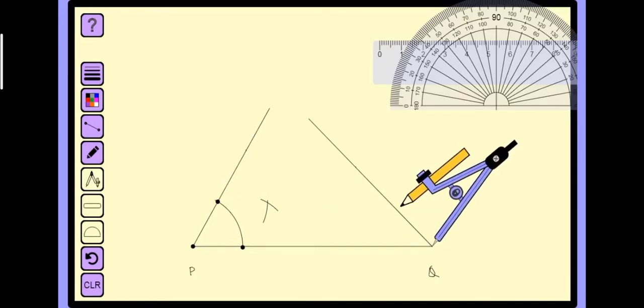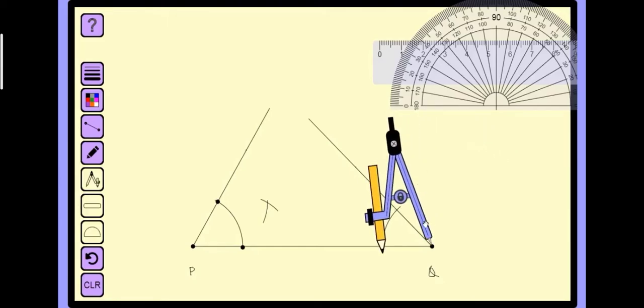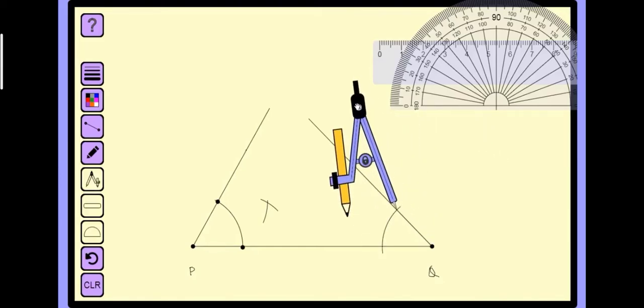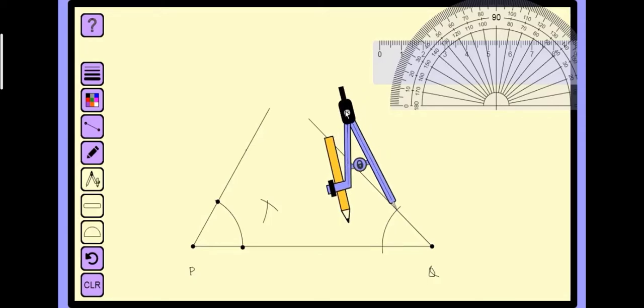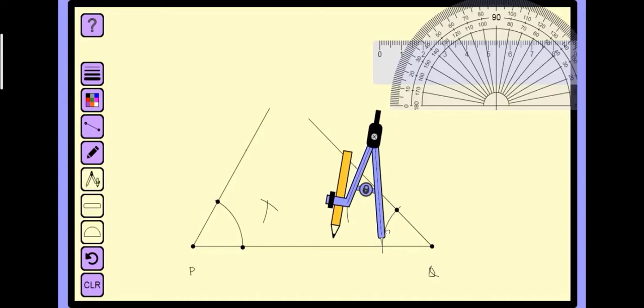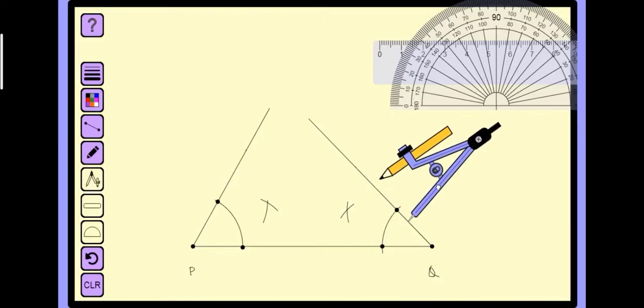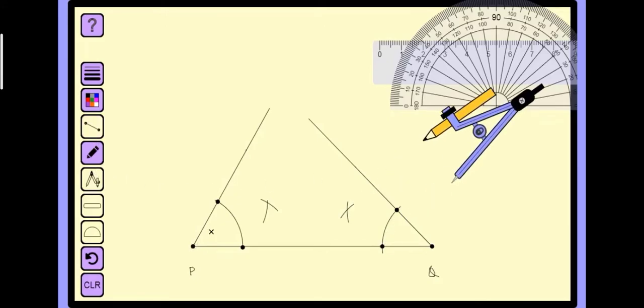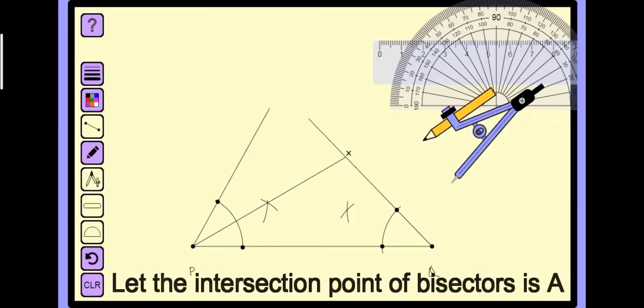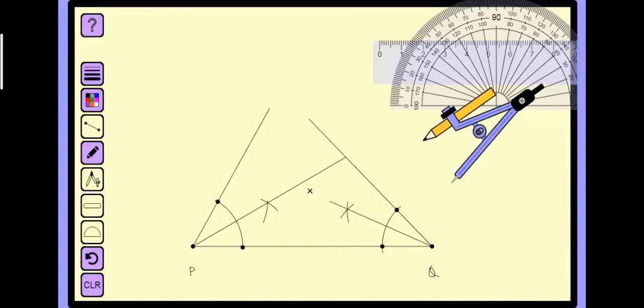Or what I am saying, instead of this step, you can take angle P as half of angle B, and you can take angle Q as half of angle C. Again I am repeating. Instead of taking the 60 and 45 degree angles as B and C, you can take half of the angles also. If you are taking B and C as 60 and 45, then you have to construct the angle bisector. Now whatever point the bisectors join at, that is your point A. Now we have to find out B and C. Okay.